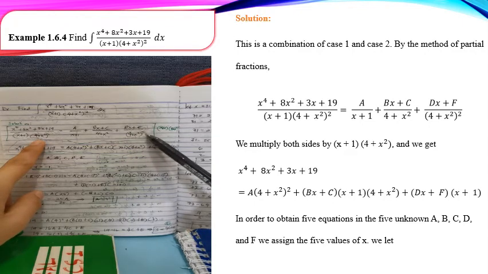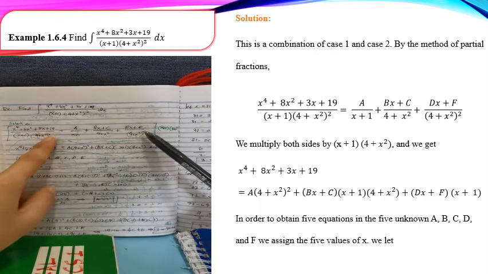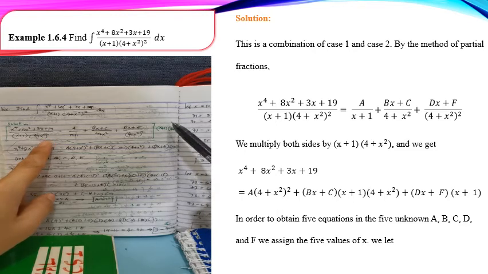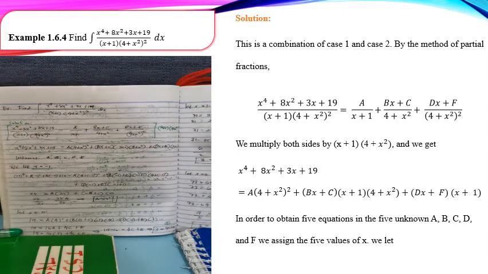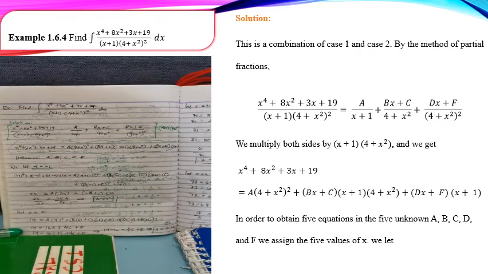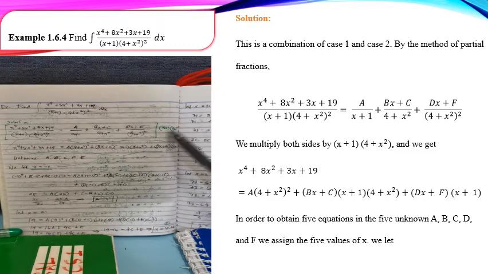Okay, mag-stop na tayo dito kasi 2 lang man. Kung 3 iyan, mag-add pa tayo dito ng Fx plus G over (4 plus x squared) quantity cubed, if 3 times siyang naulit. Okay, so after that, pag na-decompose na natin, ang gagawin is